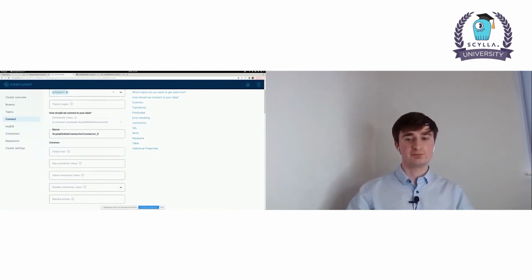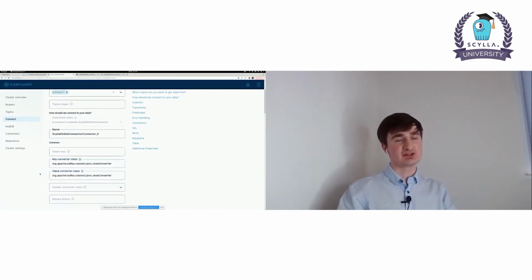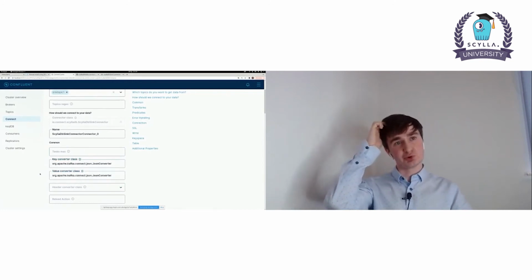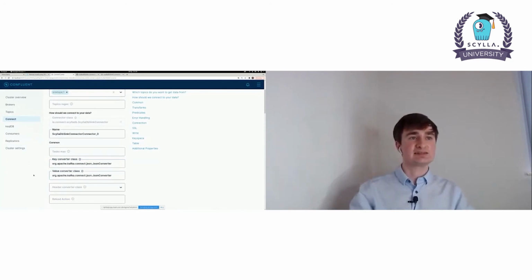So first of all, we'll specify the key converter class. This is the setting that allows you to specify the format of generated messages. In this case, we'll use the JSON format, as it's easy to use.